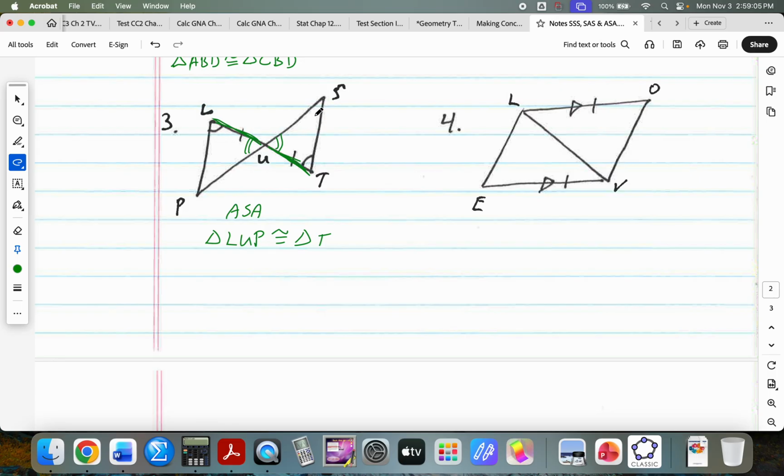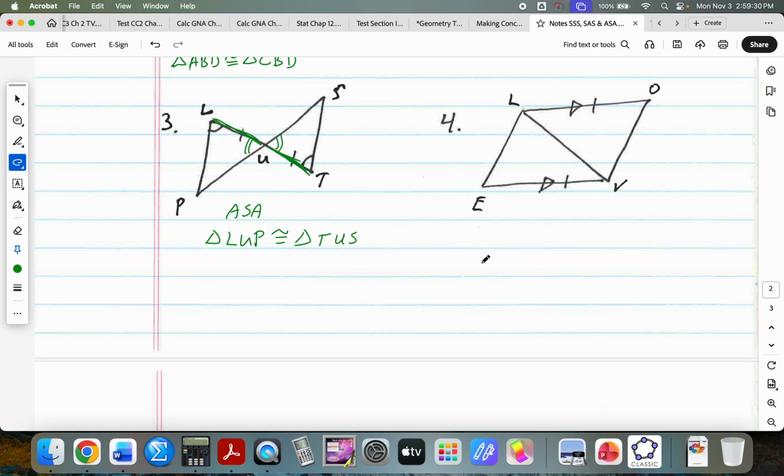Because the line going through says that it flips. Yeah, this arc says angle L is congruent to angle T. And then U in this triangle matches up with U in the other triangle, so that's got to be